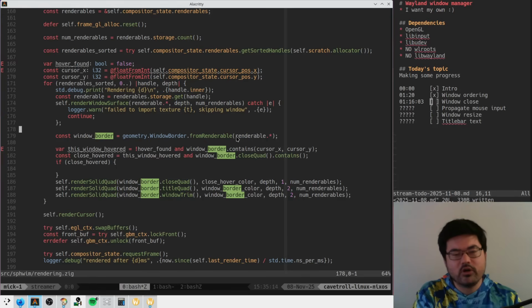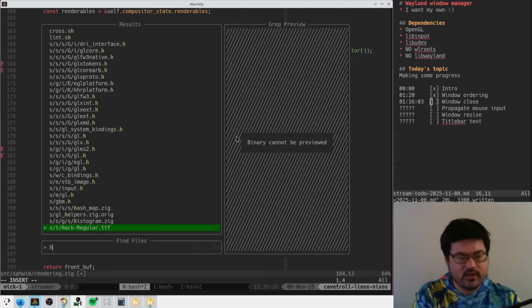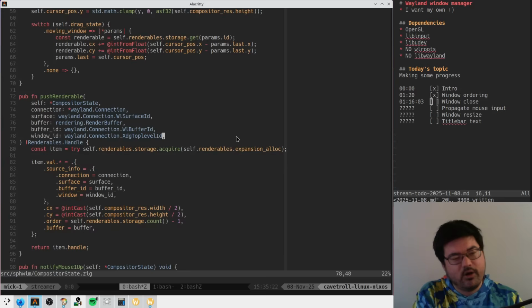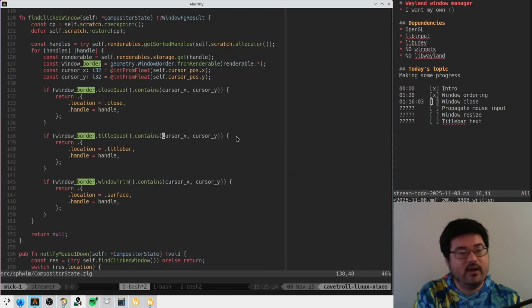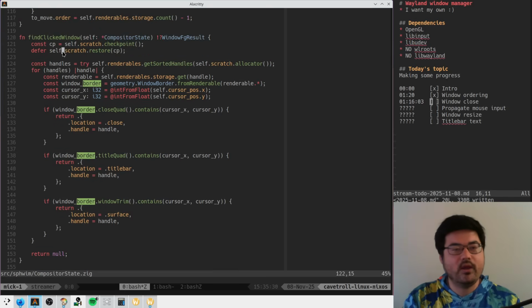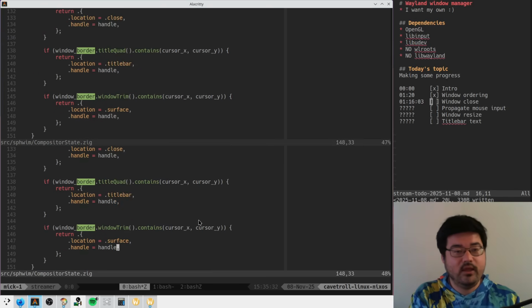Really, window border contains should return this thing. It should say what it collided with, right? So we can move that compositor state thing, find clicked window, into